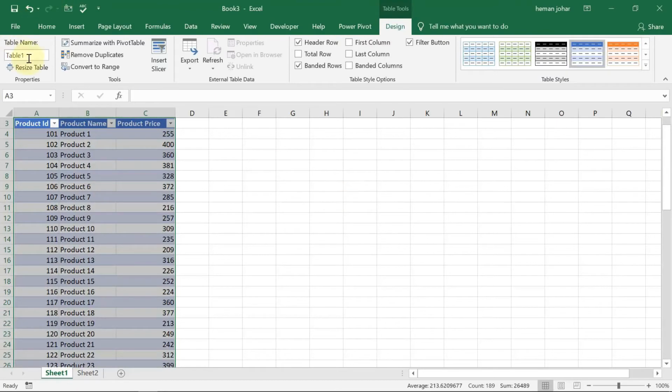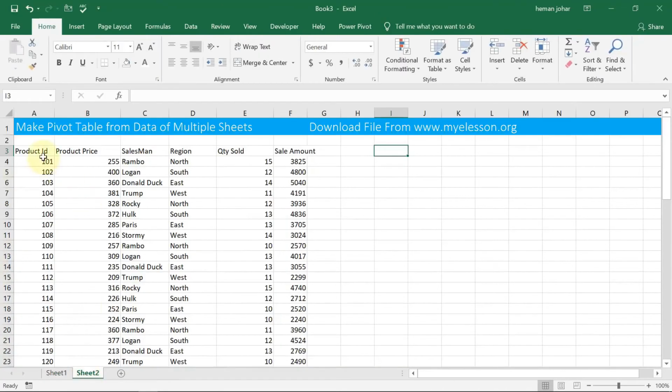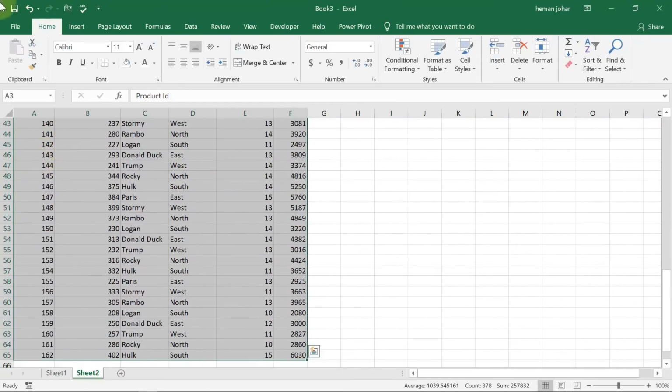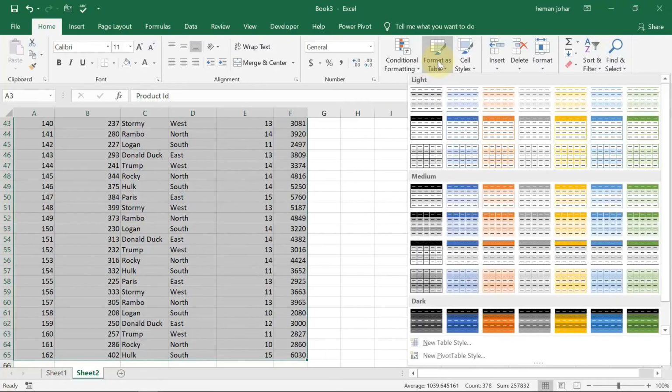All right. So this is now a table. We can give it a name from here. Let's say product name. All right. So I've given a name to this table. Now I'll go to sheet 2. I'll select this data. And now in the home tab, there is format as table option. So I'll use this option to make a table out of this.